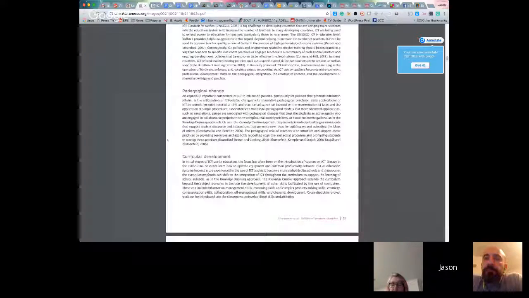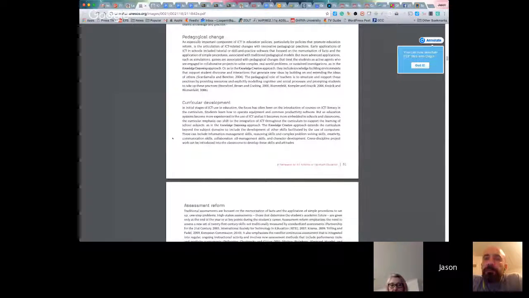But there's also the issue of pedagogical change. Now, this has actually been an area that has been strongly supported by government and sectors. Of course, they've seen pedagogy change as something that's valuable, and they've tied that to the introduction of technology, often to the detriment of both approaches, but they've invested in technology with the intent of changing pedagogical practice in schools. And in many cases that has been successful,